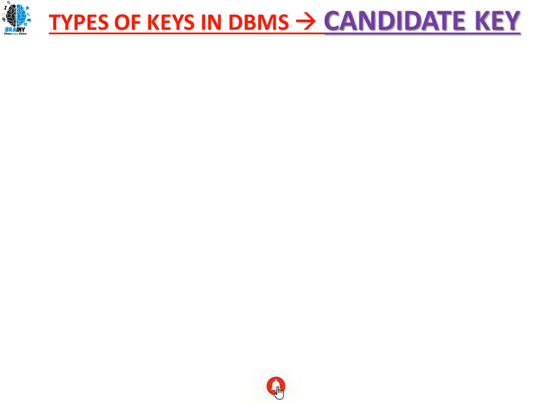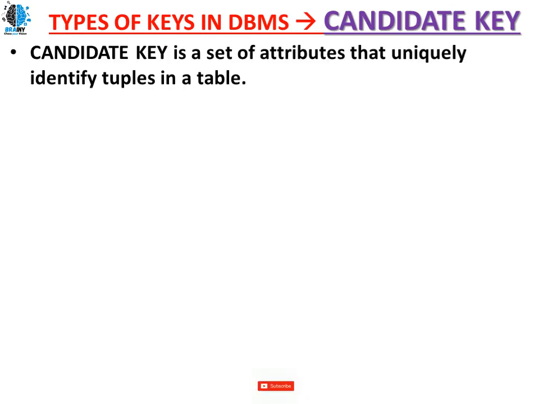Let's see the next, candidate key. Candidate key is also a very important key. It is going to have the same impact as the primary key. So primary key, alternate key, super key, candidate key, all different types of keys, the main motto of all the keys is to have unique data in a table of any database. So let's see the candidate key.